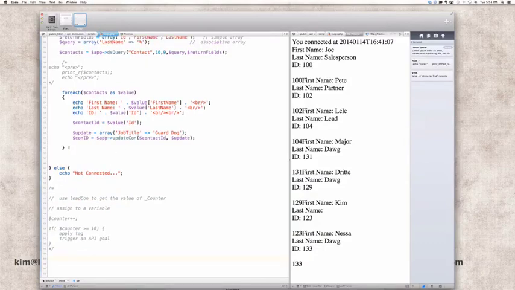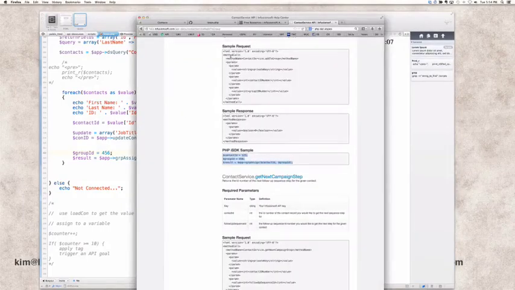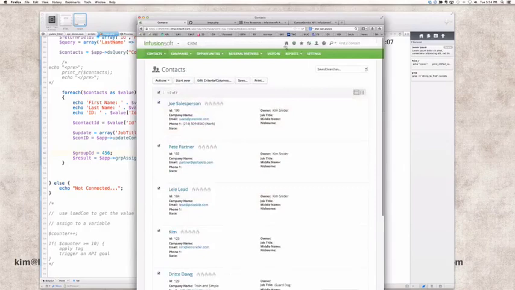So we do something like this. Let's say we want to apply a tag in here. What we do is we don't need contact ID equals 123, because we already know the contact ID for each one of these. But the group ID, that's our tag ID. So let's find a tag that we can apply to each one of these guys. So just go to